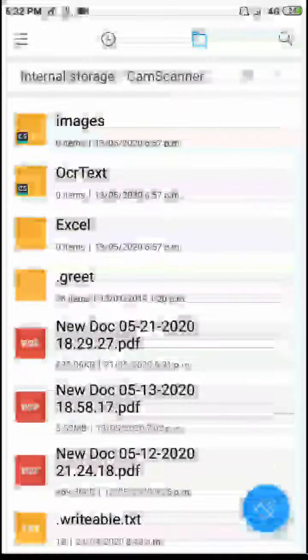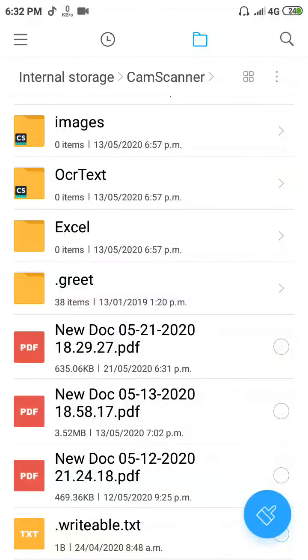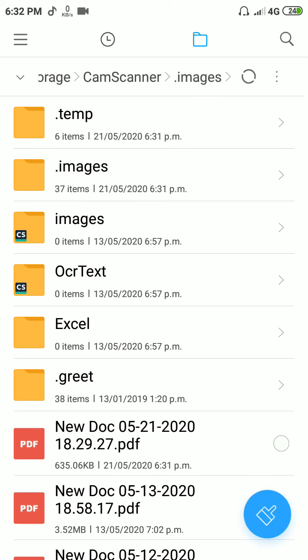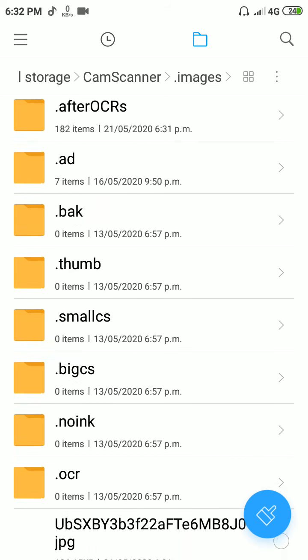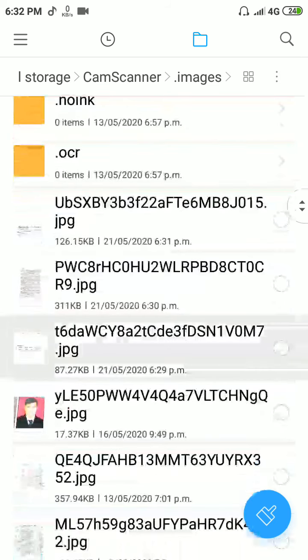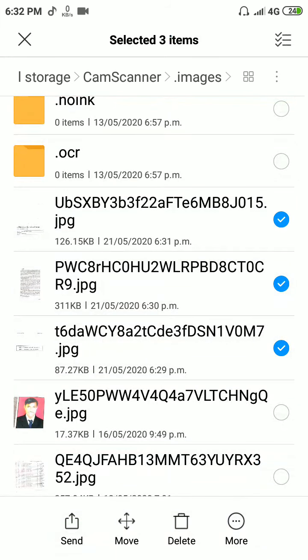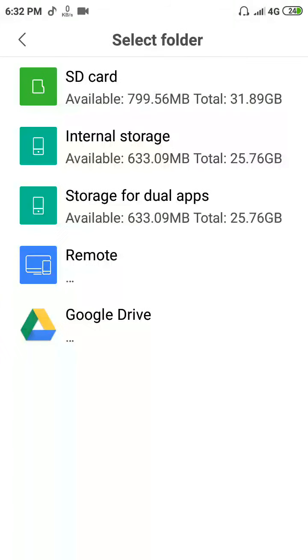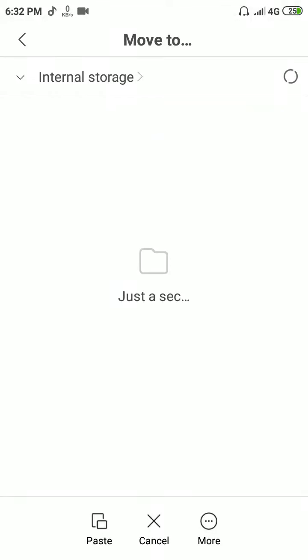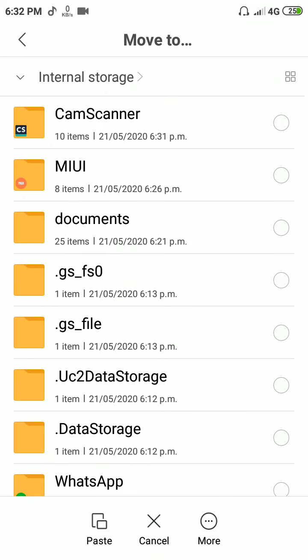Then another method to create the PDF without using any kind of application. Just click on the image which we have just scanned and move it into any folder as you like.